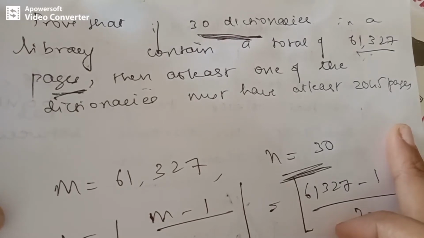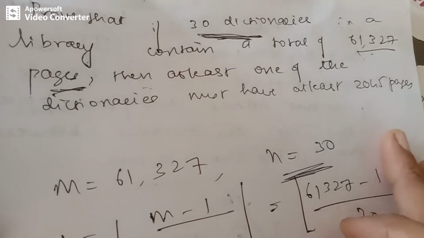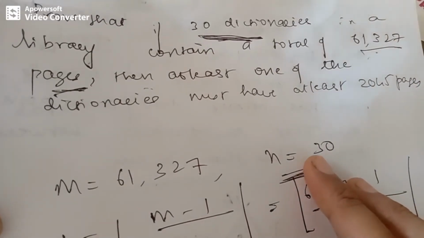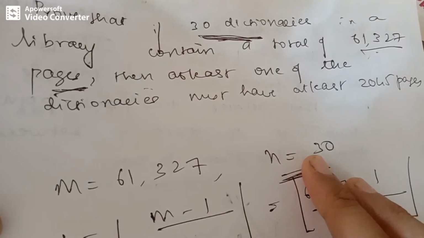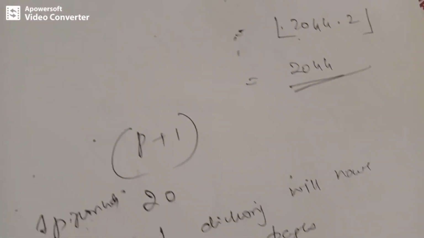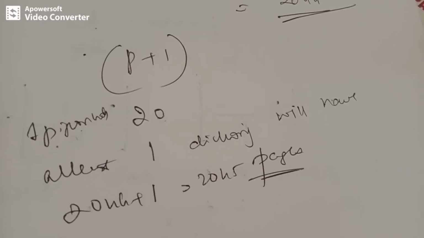So first of all, you need to understand what is the value of m, which we can take as m. Usually the m value is greater than n. So we can take that as m and the left out as n. So we have to first calculate what is m and what is n, and then apply the pigeonhole principle, and then give the clear statement of the pigeonhole principle like this.